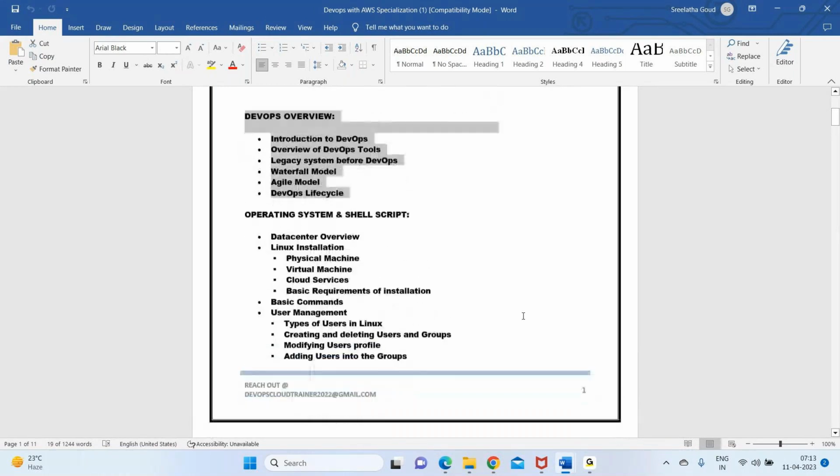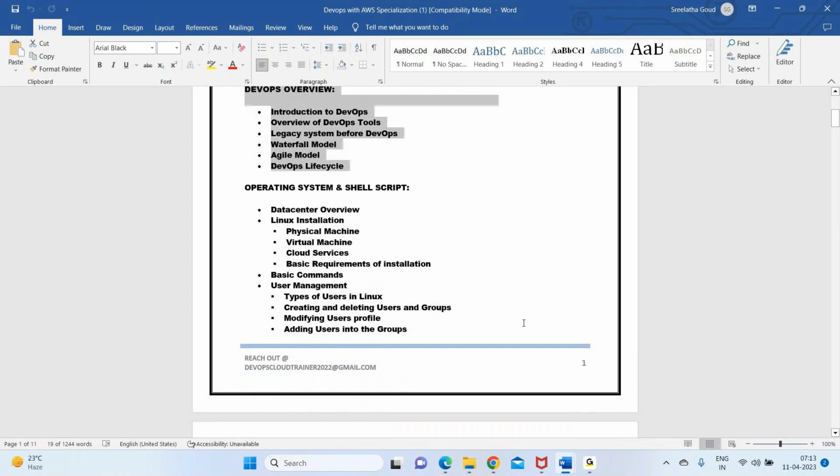So you don't need to start anything from scratch. We have designed this course for any level of person, right from your fresher till 10 years of experience. This course is designed for freshers through to 10-year-experienced people, so that it will help you for